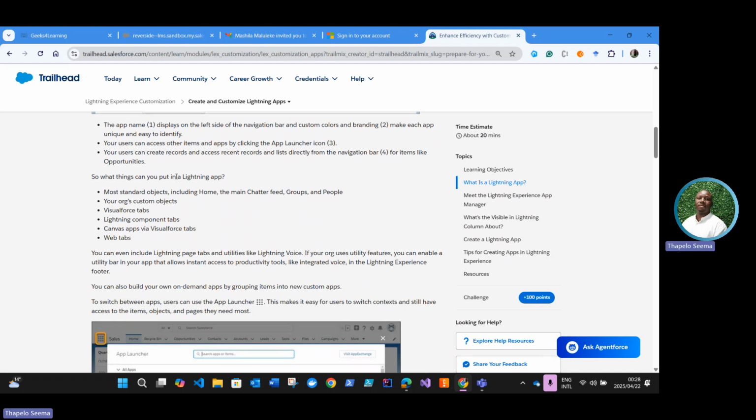So what things can you put in a Lightning app? You can put most standard objects, including the home tab and the main chatter feed, groups and people. These go where they go in the navigation bar. Remember, the navigation bar is more of the main container for an app. And so you can include